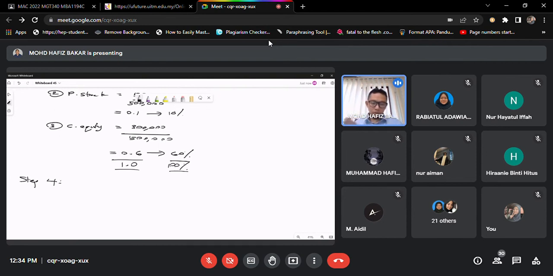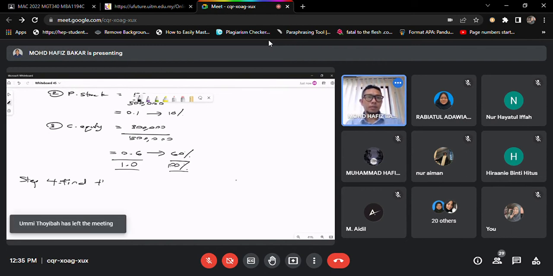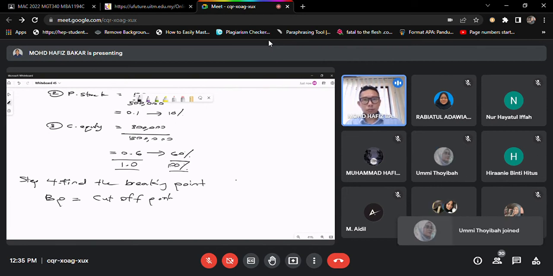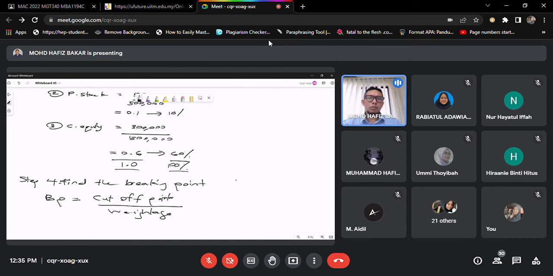Okay, so what you need to do, step number 4, you need to calculate the breaking point. So how to calculate the breaking point? BP equivalent to cut off point divided by weightage yang you dapat tadi dekat step number 3. Okay, so how to get this cut off point? Dekat step number 2 tadi,